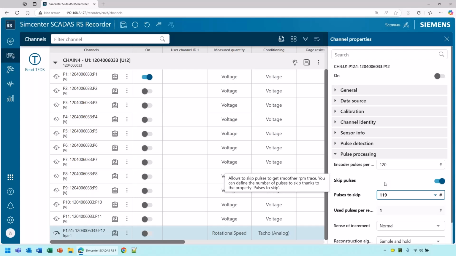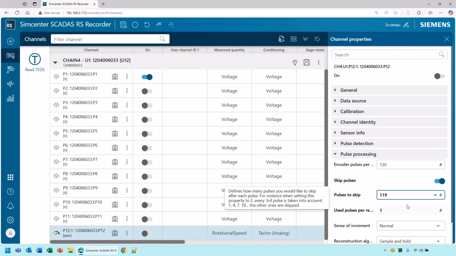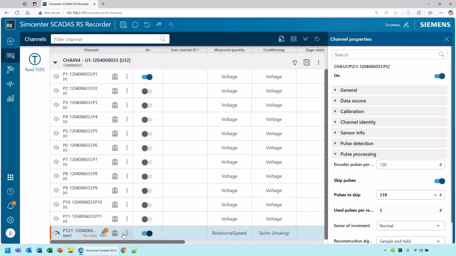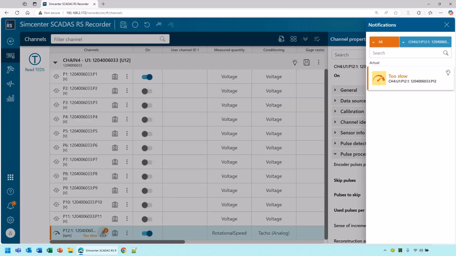That's cool. I noticed you didn't turn your analog channel on. Is that because you don't have any data on there? Yeah, it's currently empty. I don't have a nice analog tacho to plug into this device yet. Would it even warn you that it's not seeing an RPM? Well, if I turn that on in this mode, you do get a too slow warning message here. Oh, okay. Too slow, like you're going at 0 RPM. Is that what too slow means? Yeah, it's like it's not seeing the pulses.